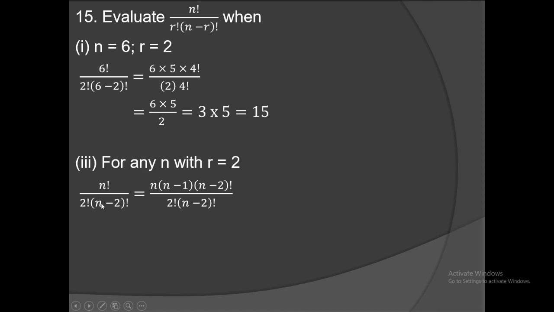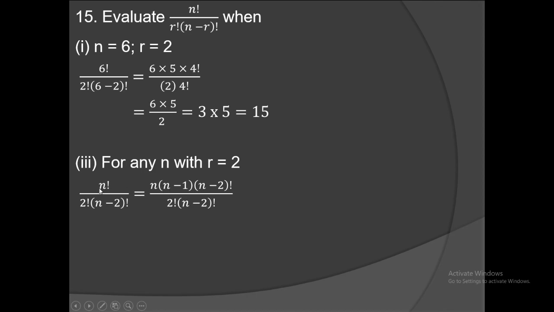I told you to find the biggest number. So for n, substitute any natural number. Suppose if you put 2, it is 2 factorial. Here 2 minus 2 is 0 factorial. So this is the biggest number. So n factorial, n is written. The next number, how will you write? I have to reduce in descending order.